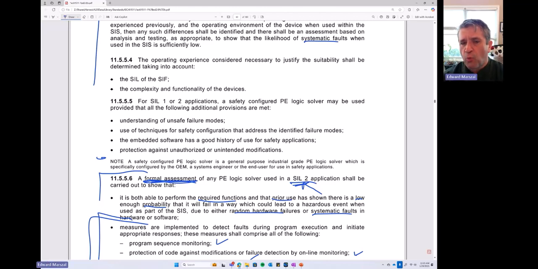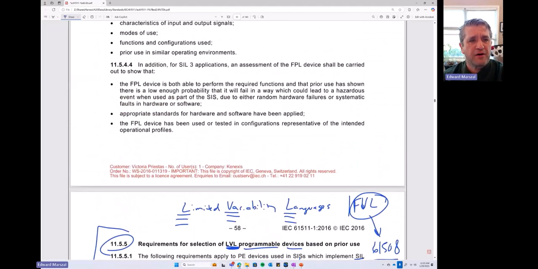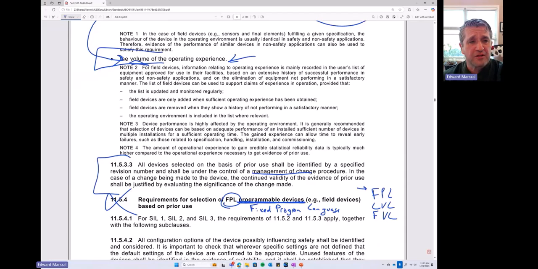You're getting numbers. Where do those numbers come from? Are those numbers for a general purpose PLC contingent upon you doing the safety configuration? Are you using some sort of diagnostics that are going to allow you to use that device in a safety application? If you have no diagnostics, then you're probably going to run afoul of, hang on, I'm backing up to clause